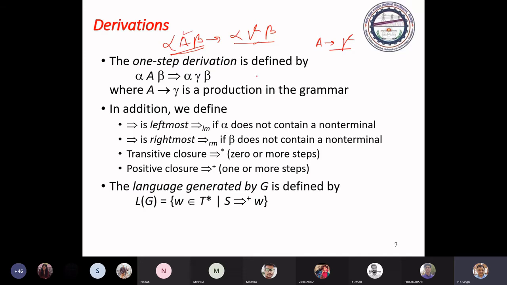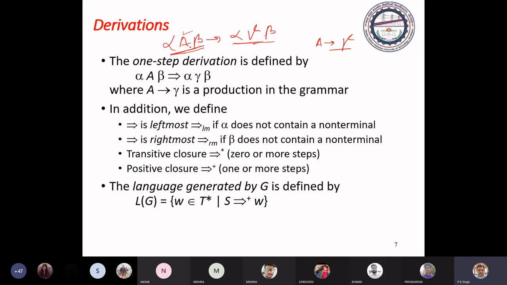Now see, if this A is the leftmost non-terminal in this sentential form, and we are getting the next form by replacing it with the right side of the production, then it is called leftmost derivation.